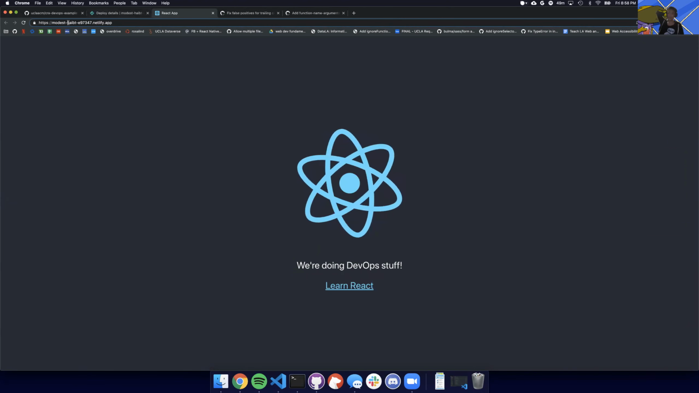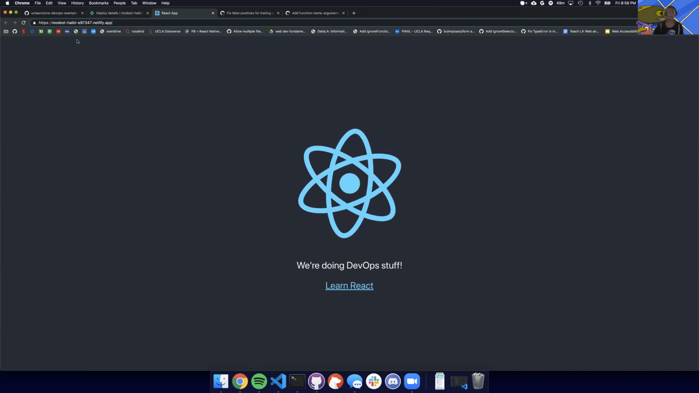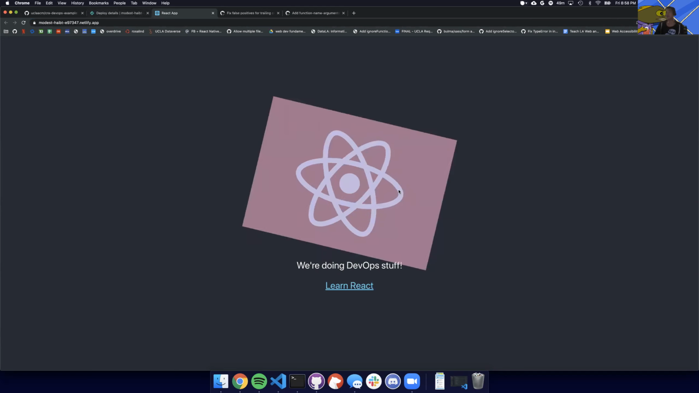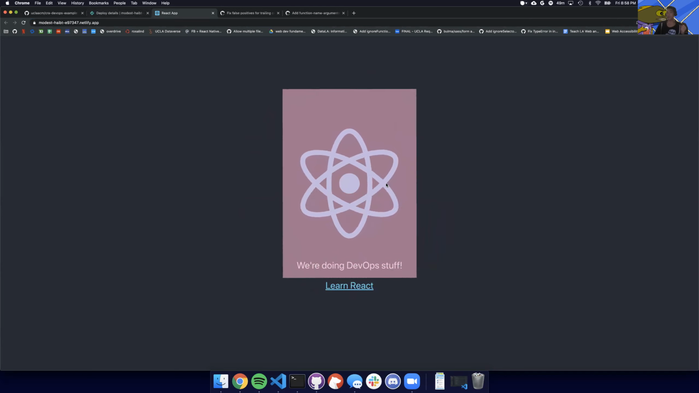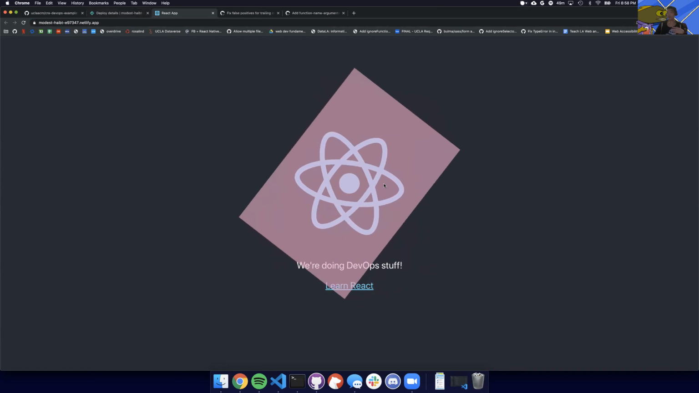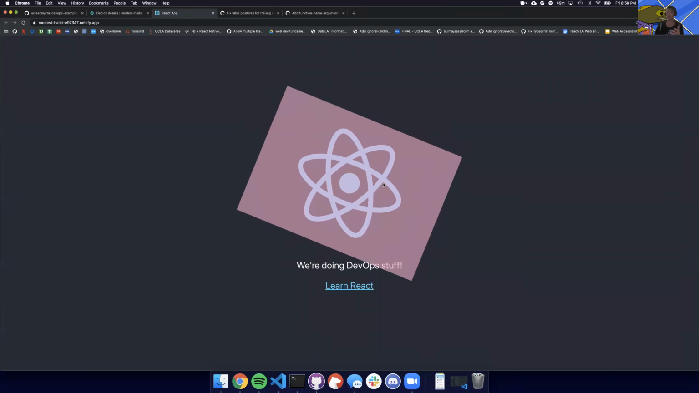This one says modest habit E97347. This is just randomly generated for you. And this site will always have the latest change that you've made. Okay, so that's a really, really convenient feature, because that means that moving forward, every time you make a change,